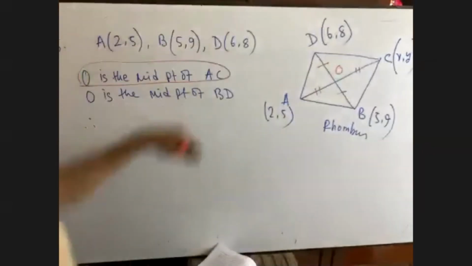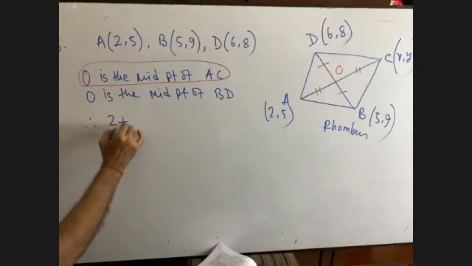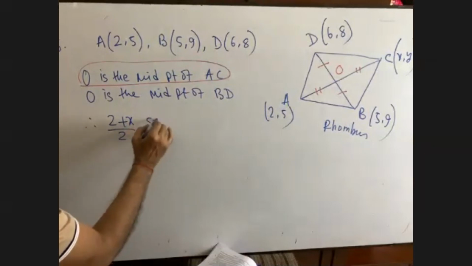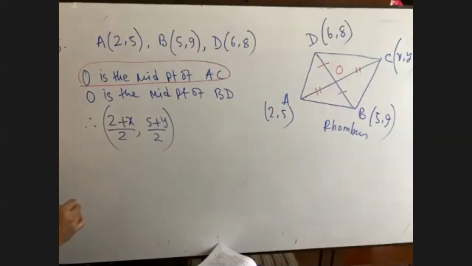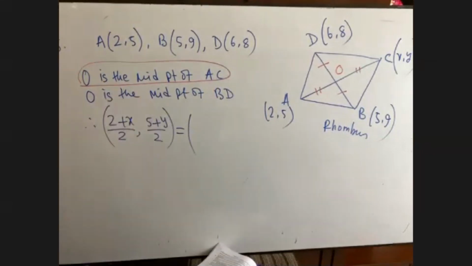Now let me know what is the midpoint of AC. 2 plus x by 2, 5 plus y by 2. Please try to understand. When O is the midpoint of AC, this is the formula of finding midpoint, is equal to, when O is the midpoint of BD,